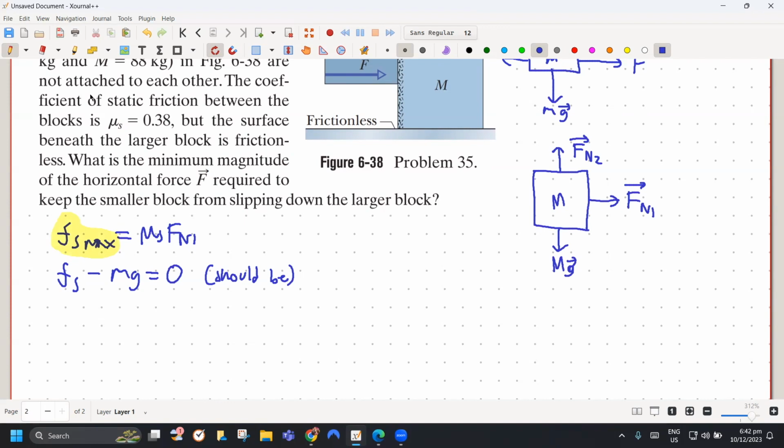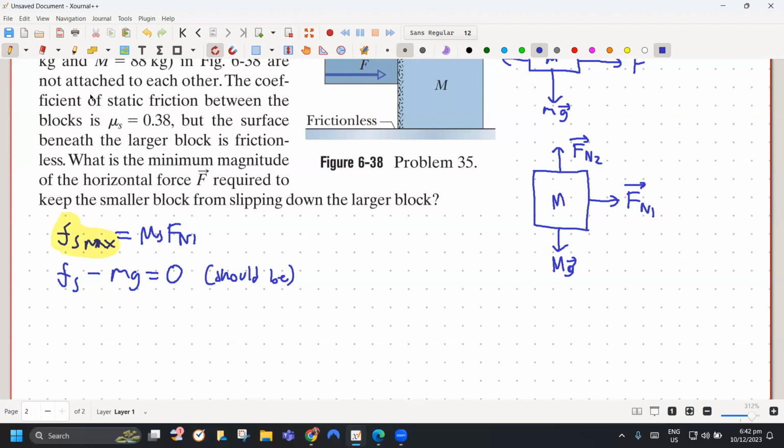Tapos, if you're pushing on the left, I think safe na i-assume mo na dyan na sabay silang nag-accelerate. So they should have the same acceleration horizontal. Kung hindi mo i-assume yun, lalabas pa siya. Kailangan mo i-assume yun na they have the same acceleration. Kasi pag hindi,